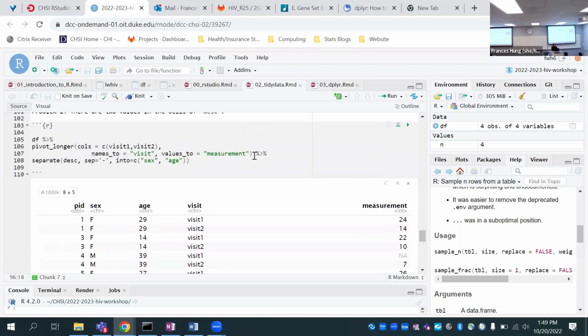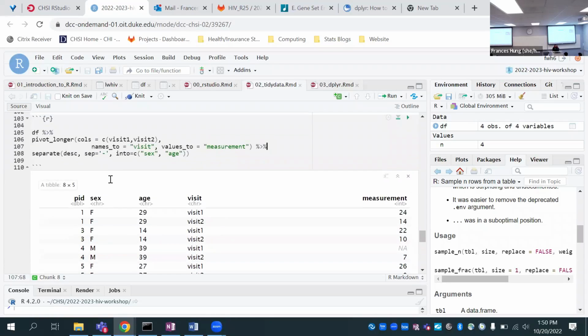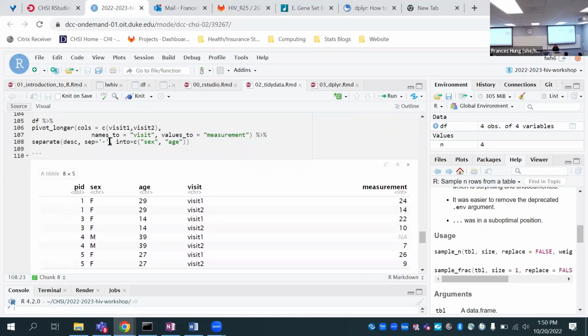And the way this works is that we first take our pivoted longer data frame, the one with the measurement and the visit column. We pipe and do something to it. And this something is separate. What the separate command does is that it takes the DESC column and looks for a separating string.